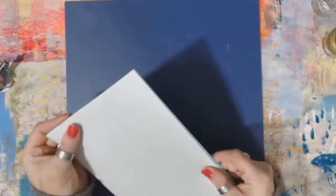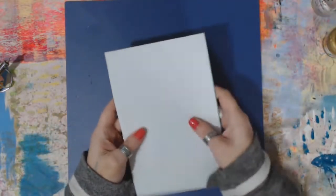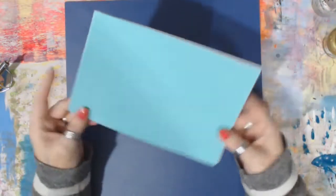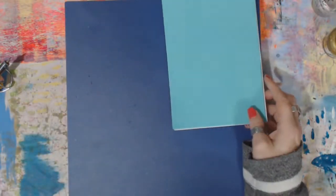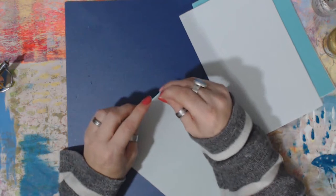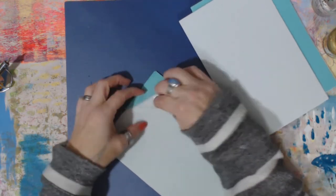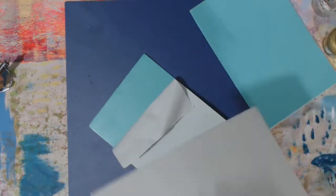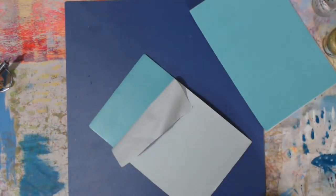I'm using a lighter color one because you guys can see me when I draw the face on it a little bit better. It's not perfect. I did have some without sticky back, because I couldn't find the sticky back stuff. So I use my double-sided carpet tape. I do not buy the double-sided craft tapes because they're just too darn expensive. I buy the roll of double-sided carpet tape at